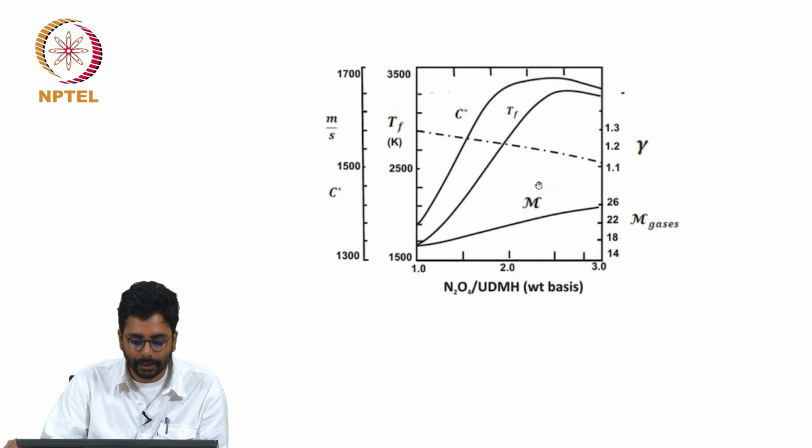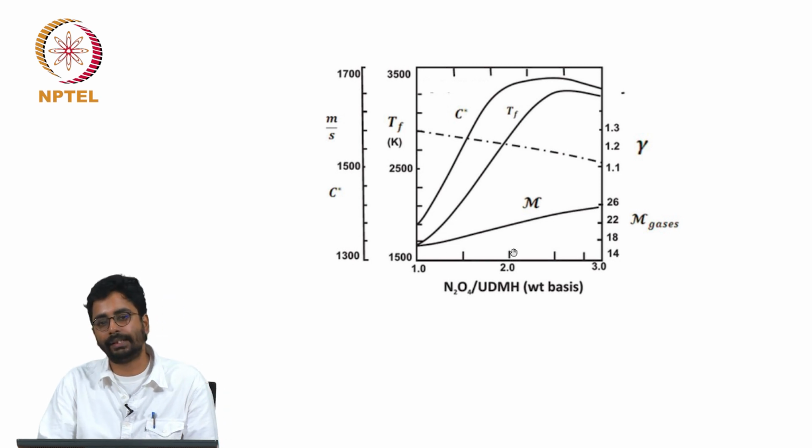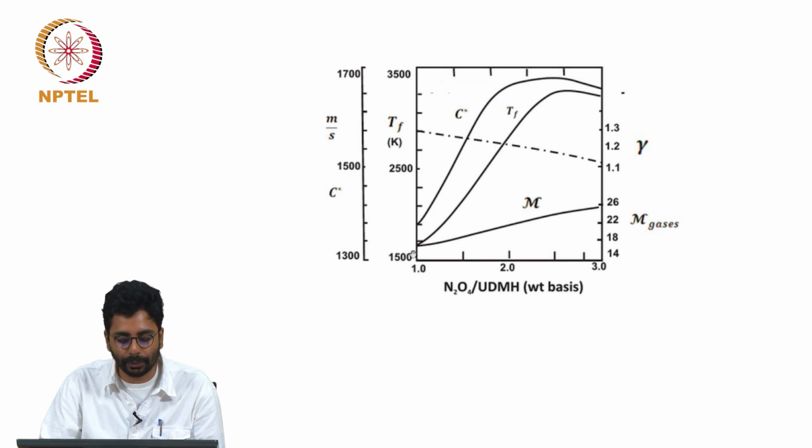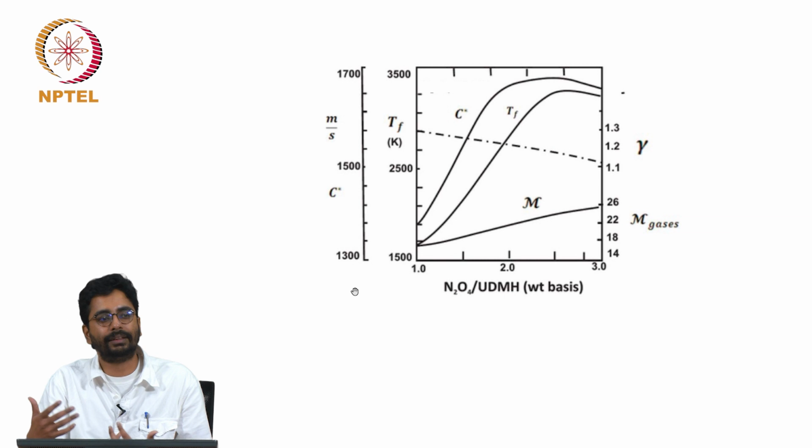Again, one more case, of a hypergolic combination of propellants, nitrogen tetroxide and unsymmetrical dimethyl hydrazine. I wanted to show the trends in flame temperature, molecular weight, and what is called the characteristic velocity, which we will discuss later. Right now I will suggest that you look only at the way flame temperature changes with the oxidizer to fuel ratio.